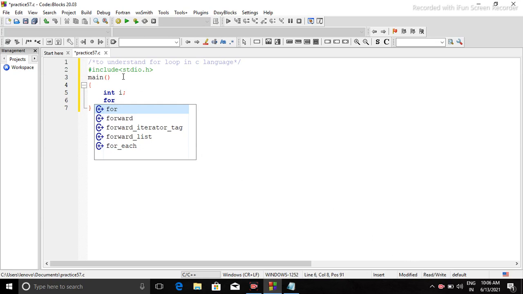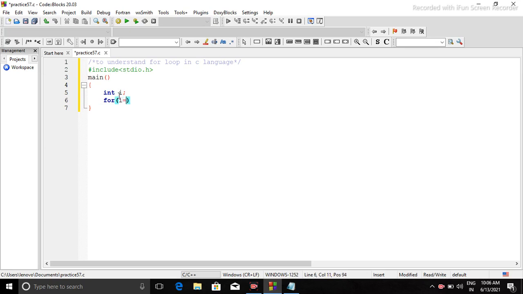First the for keyword, after it parenthesis, and I will initialize the value of I to 1, and until my I value is less than or equal to 10, I have to print the value of I. After performing one printf statement, I have to increase the value of I also.